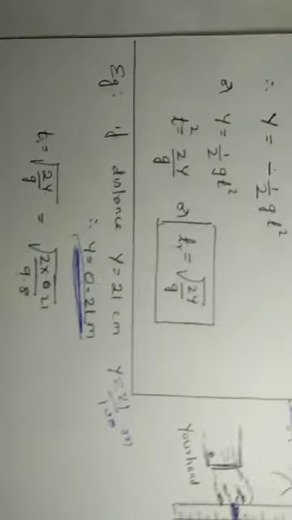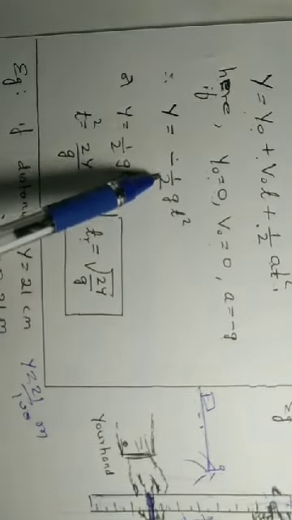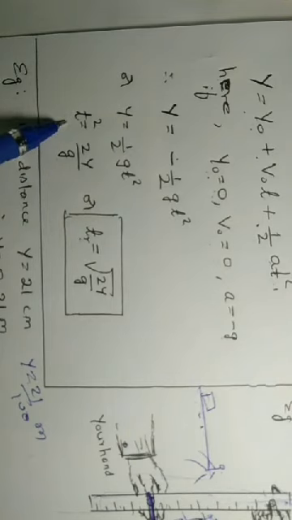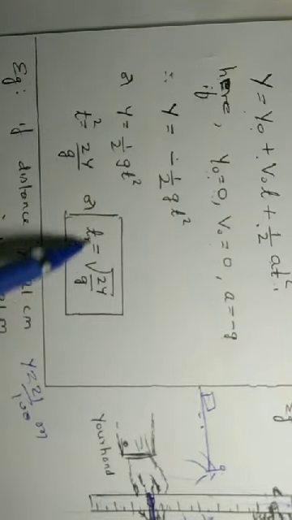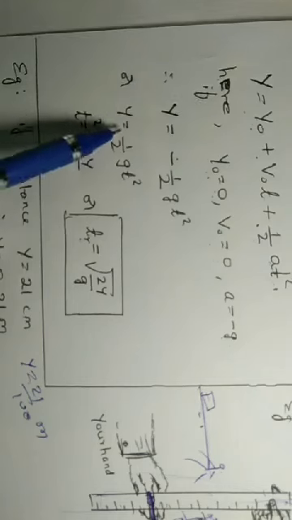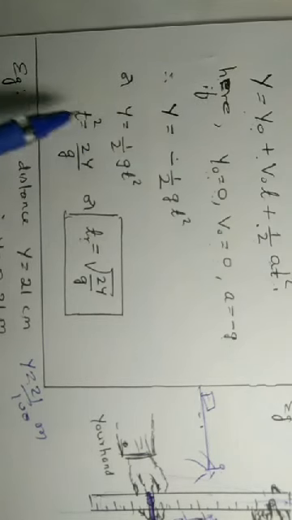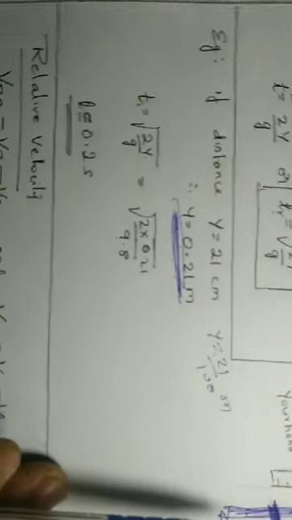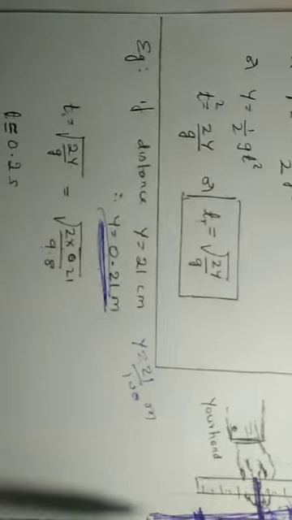Even though in the equation you got a negative sign, for time we don't take a negative sign, so we have to take the positive quantity only. Don't get confused. For the time considered, we have taken the positive quantity only. The negative sign shows only the direction of the motion.